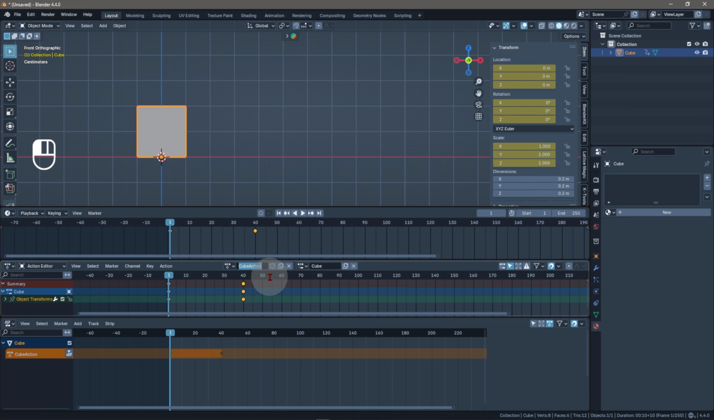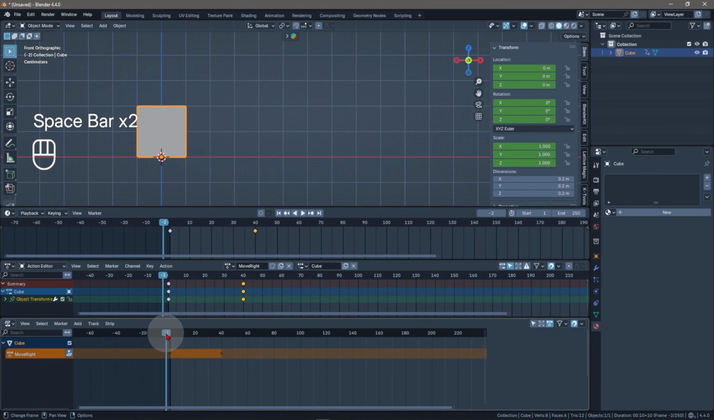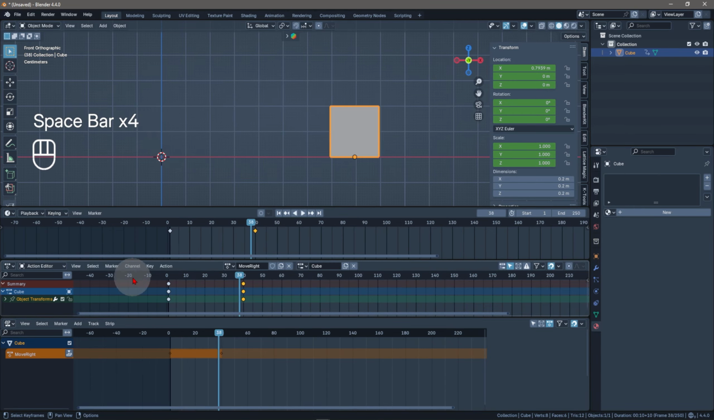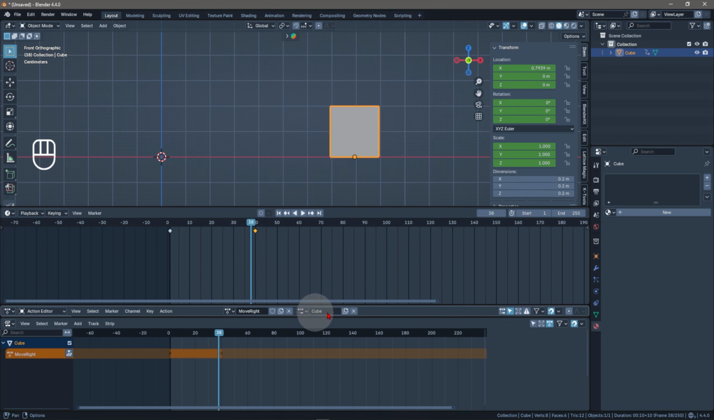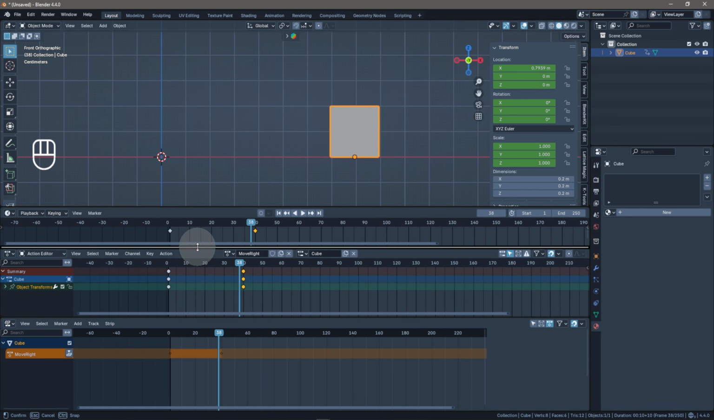I'm going to call this move right. All right, move right. So now we have this. This may feel like overkill because why do we have two things that look like a timeline, right? For the most part, we only need this top part of this action editor. For the most part, right now we only need that part, but I'm just going to leave it